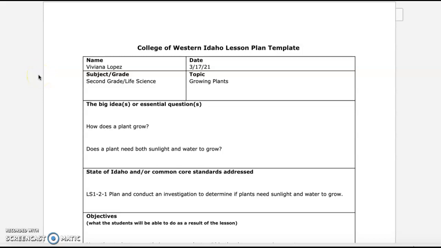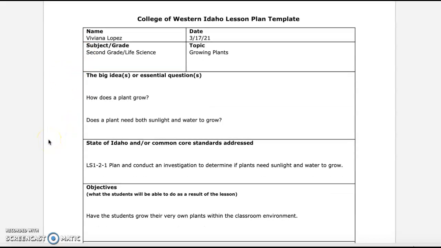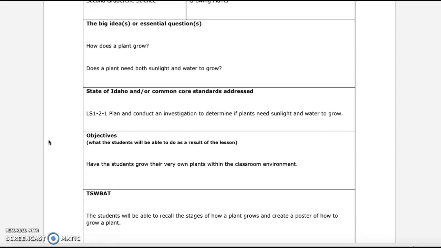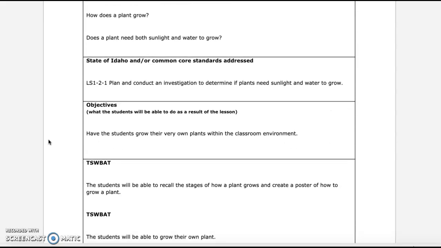Hi everyone, I'm Viviana Lopez and I'm doing my lesson plan on second grade life science. The topic is growing plants. And some essential questions are, how does a plant grow and does a plant need both sunlight and water to grow? The standard is life science: plan and conduct an investigation to determine if plants need sunlight and water to